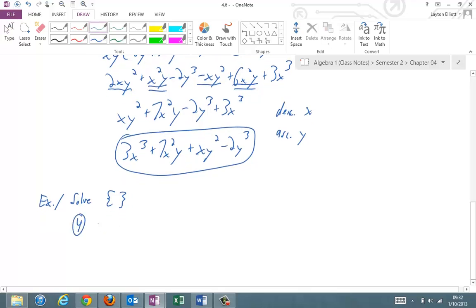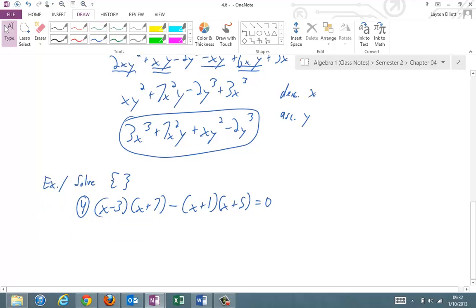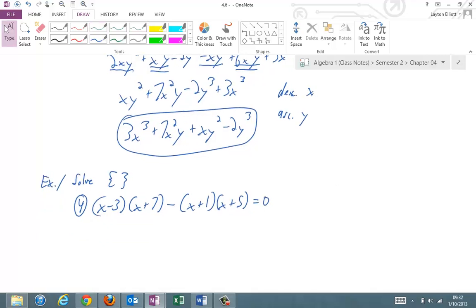For number 4, we're going to do x minus 3 times the quantity x plus 7 minus then x plus 1 times x plus 5 equals 0. Big thing about the minus in front of two binomials being multiplied, I'm going to put another set of parentheses around those. You won't see that in your problems, but you should write it in so you don't forget to distribute negatives. Okay, if I multiply these out,